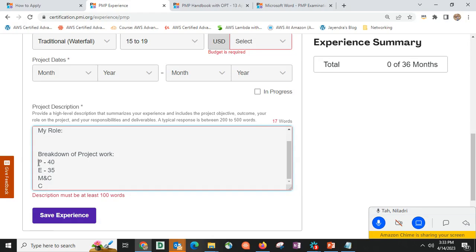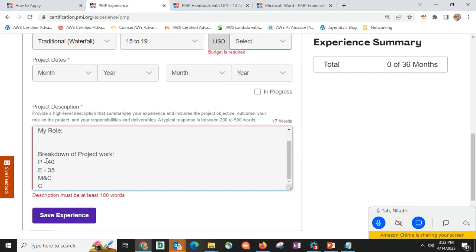So have a writing on them, each one of them, like number of hours spent and what you did in planning, number of hours spent, what you did in execution. That will give you more kind of a concrete data into this project. Just don't write about these 5 steps, because these 5 steps will lead you to further questions from PMI. When they do the audit, they will say what was exactly your activity or your role in the project. If you just say that my role was a software tester, I tested, that may not be sufficient. You have to actually write in the 5 process groups what was your role and how many hours that add